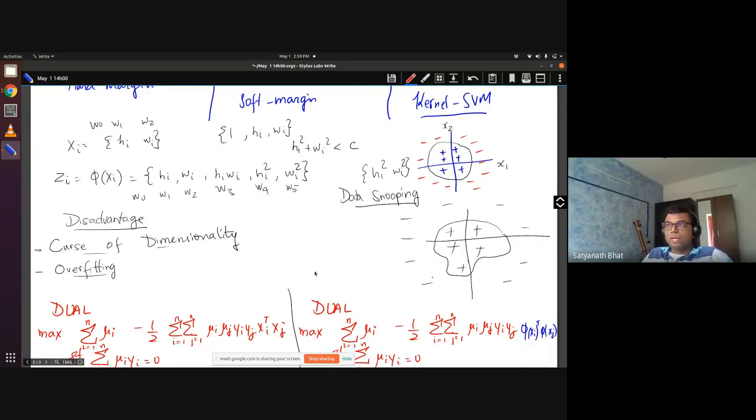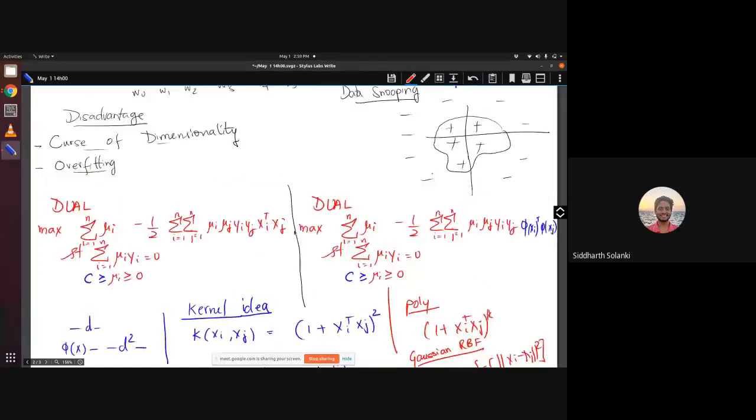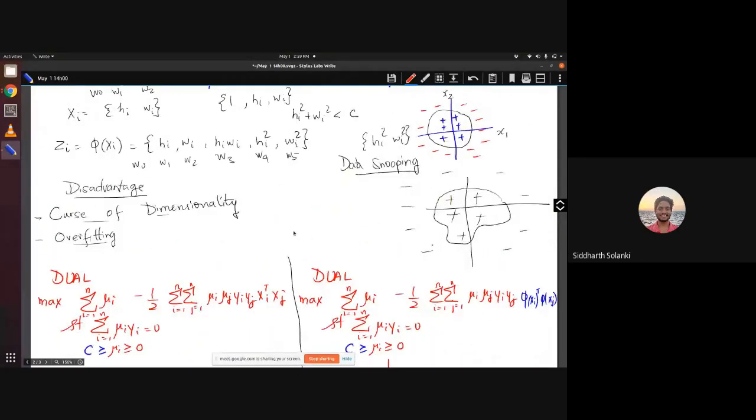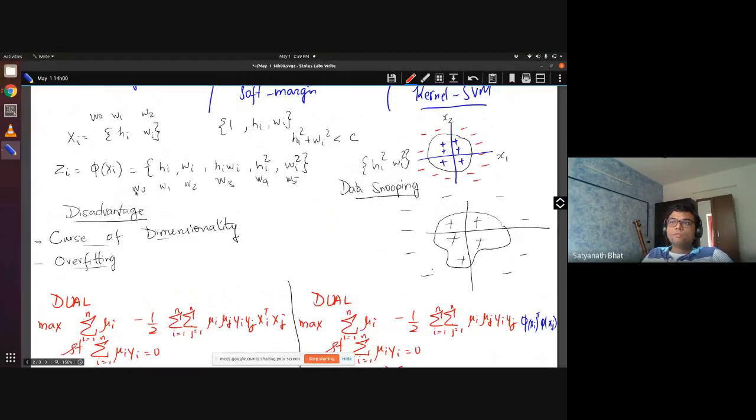Okay. So now coming to the kernel idea. How are we saying it is overfitting? I also didn't get that. Overfitting means, when you have too many parameters, you will be able to learn any kind of surface, right? So if you are having 100 parameters and your data points are very few like this, if you try to put 100 parameters and learn, you'll get something like this also. Because you are having so many parameters, you'll end up memorizing your training data. This is very similar to when we looked at trying to fit a high degree polynomial.